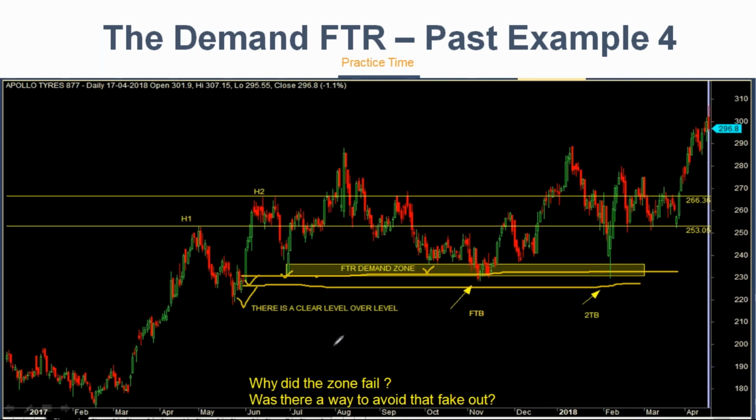These are all small sensitive things. Remember, whenever you take a zone, make sure that there is no zone over zone. See, for example, let's say this is a zone. If there is a zone just immediately below, you need to consider that also. If one zone is here, another zone is here, and there's a huge gap between the two, that is fine. But if they are next to each other, you must respect it, because price can go there also.